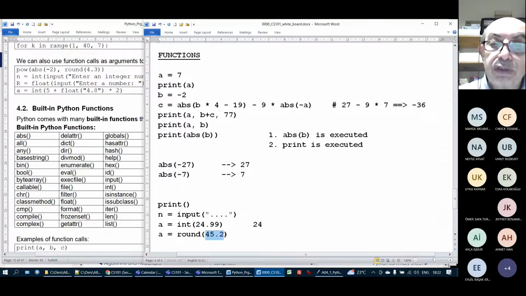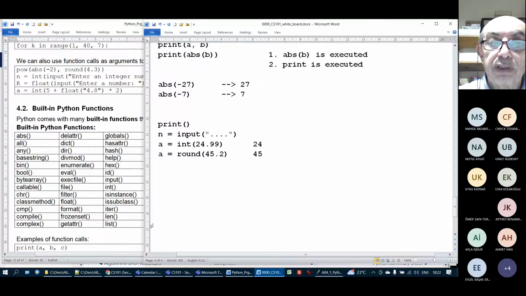When we round this to the nearest integer, what do we get? 45. But instead of this, let's make it, for example, 0.7. What is the nearest integer to this number? It is 46. Okay, so the round function alone will give me an integer